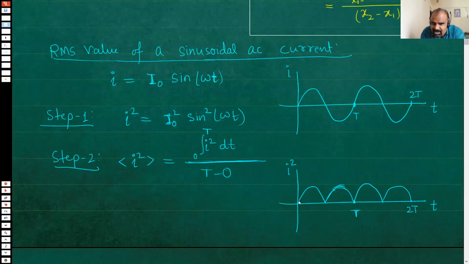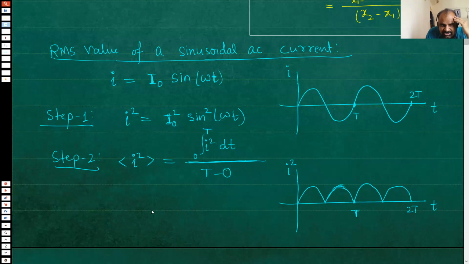In fact, my logic says that whatever will be the average from 0 to T by 2, the same will be the average from 0 to T also. So actually you can shorten your interval. You can find the average from 0 to T by 2 and divide by T by 2 minus 0, because the time period of this function has become T by 2 by squaring it. Earlier the period was T, but now the period has halved. Have you studied periodic functions in your maths class? Yes, so you might be knowing this already. Even though we can find the average up to T by 2, that will also give you the same answer, but I will stick to T, it doesn't matter.